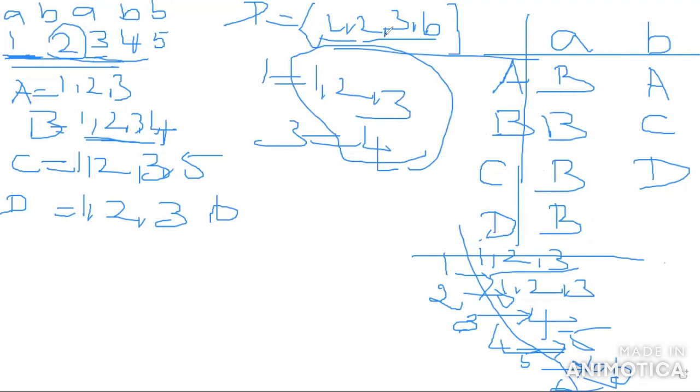Okay. Then here, check in D states the position of input symbol B in {1, 2, 3, 6}. It's 3 only. It's correct. Next, 6 is the hash symbol. So 3 only. So 3's follow position is 3 only. Out of 1, 2, 3, 6, the position of small b, input symbol b, is 2 only. So what is 2? 2's follow position is 1, 2, 3. So {1, 2, 3} is nothing but A. So here A.